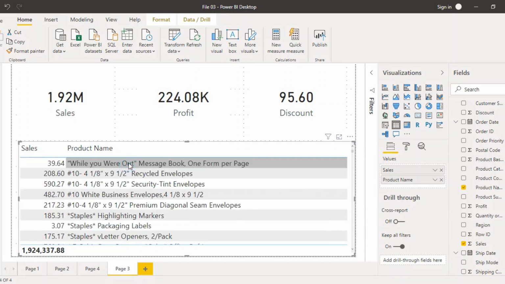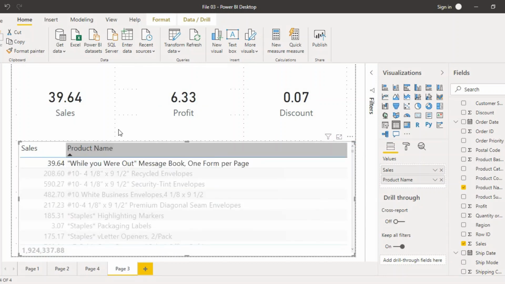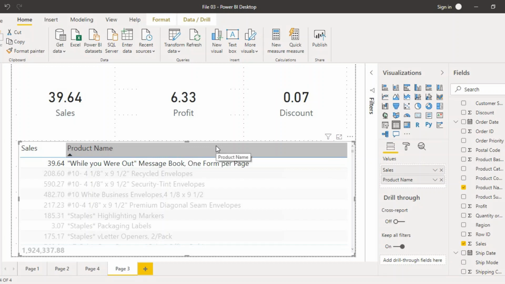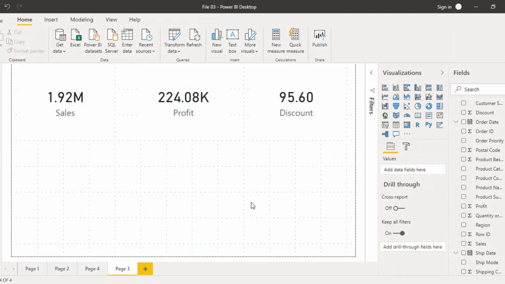Now if I click on this first option, then I'm getting the value for that particular product, like how much sales were done for that product, its profit and its discount. So whichever visualization you bring in just below the dashboard, all of your cards would be associated with that particular visualization. Be it a stacked column chart, be it a table, or be it a map. It can also be associated with a map in a similar way. So I'm not going to reiterate the same thing again and again.